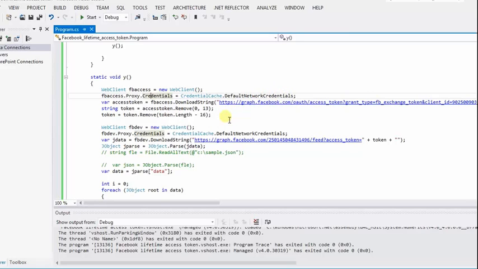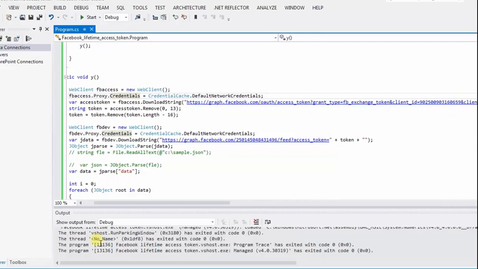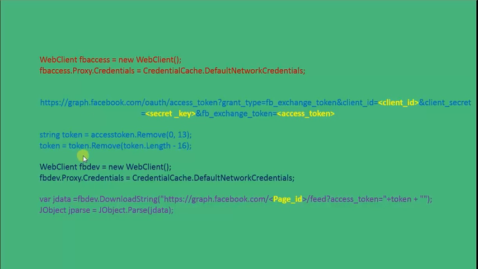And as I said, using this video we can get a lifetime access token. For that, the process is that using this particular URL, you can get a new access token every time.